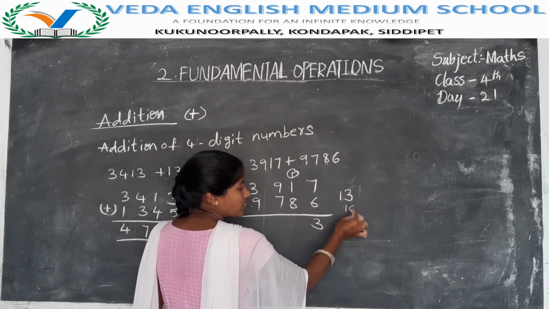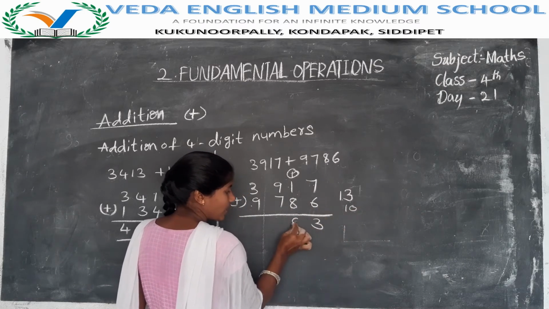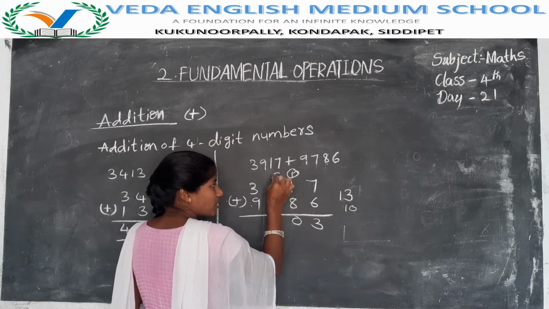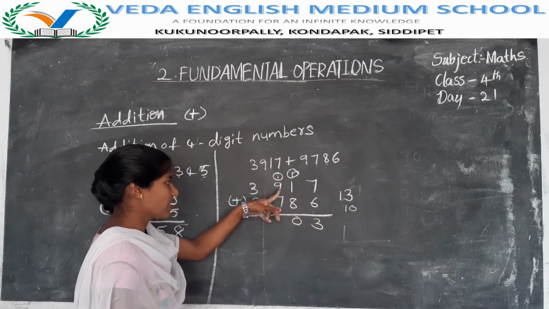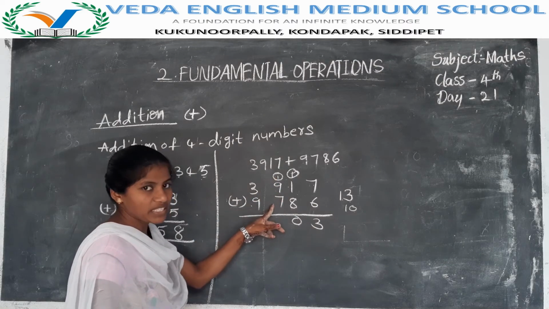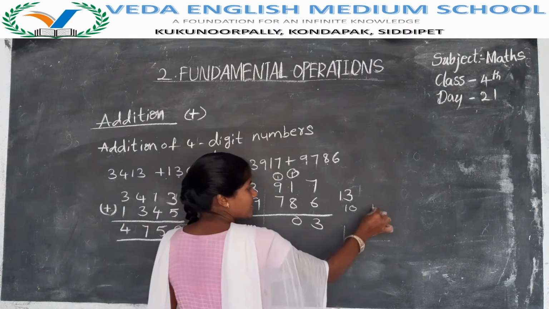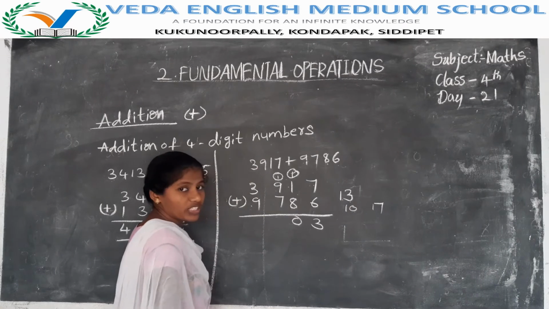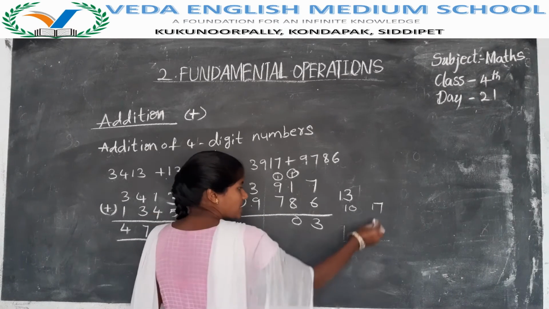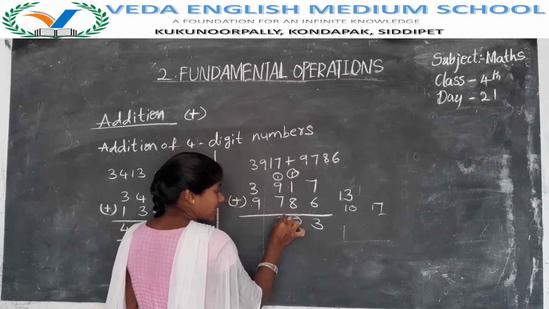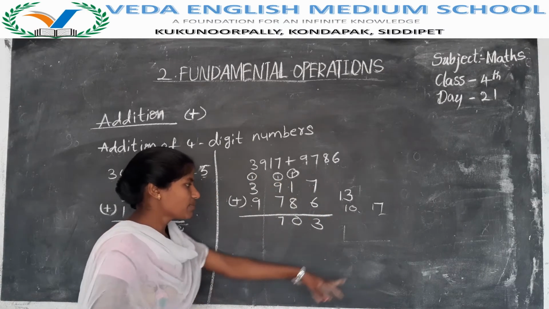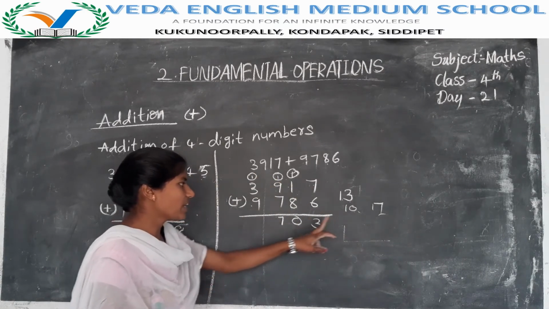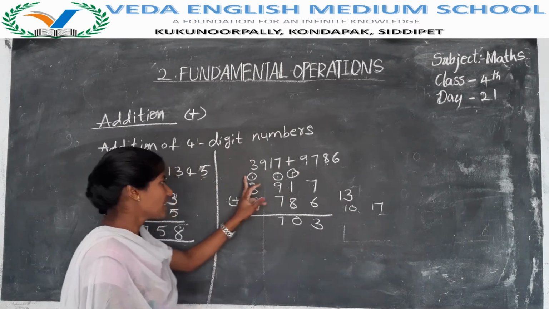10 is also a 2 digit number, so here also the same. 0 you have to write here. 1 becomes carried to the next number. The next number is 9. Now 1 carries to 9 again. 9 plus 1 is 10. 10 plus 7 is 17. 17 is also a 2 digit number. If you get a 2 digit number, what do you have to do? The ones place number you write in the answer. The tens place number is carried to the next number. In the ones place there is 7, so write 7 in the answer. In the tens place there is 1, so carry 1 to the next number.